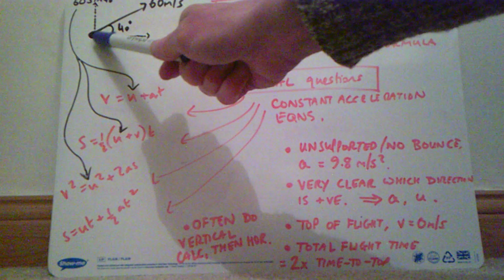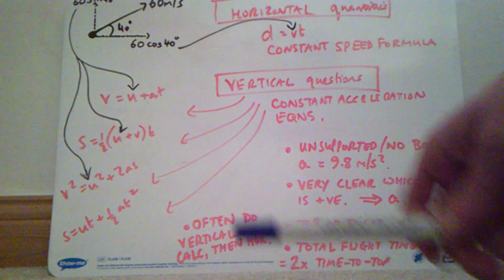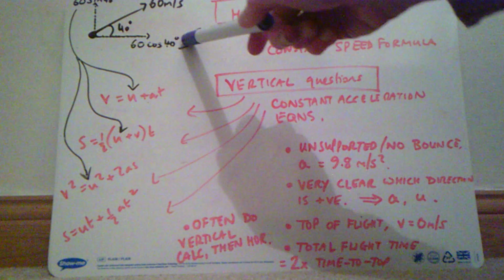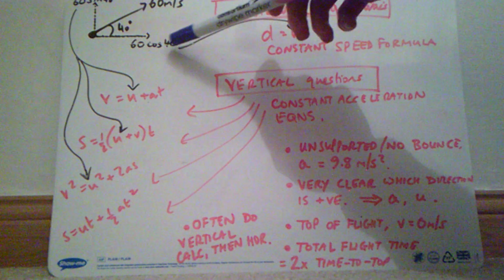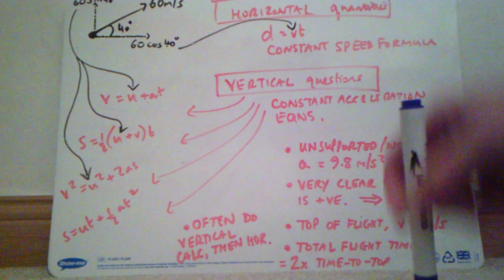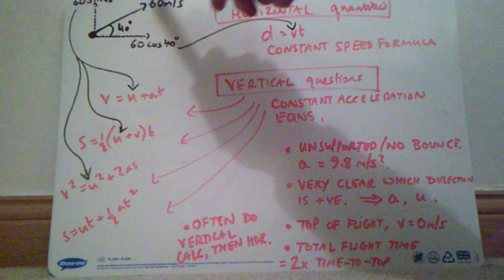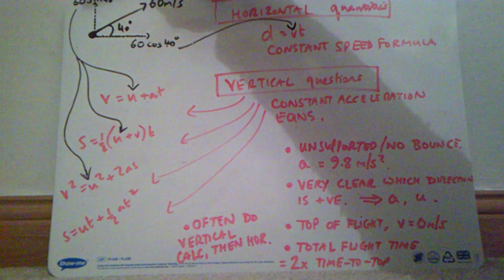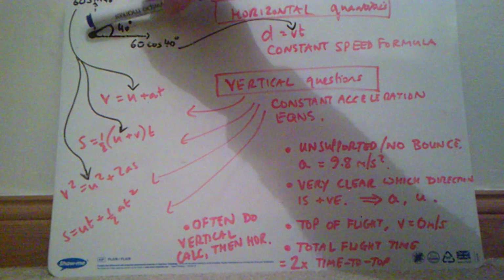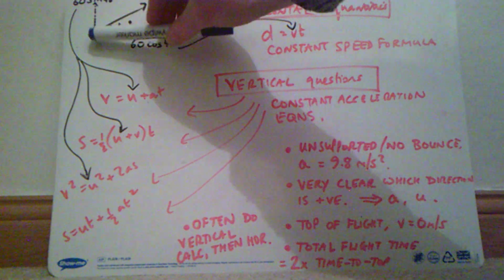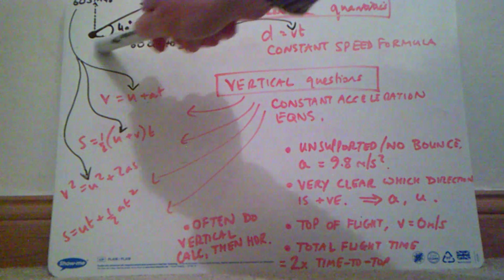So if this is the thing which is thrown forwards, you've got to be careful that if you're dealing with the horizontal axis, the horizontal question, then you've got to deal with the speed on the horizontal axis. Now we're not given the speed on the horizontal axis, we're given the starting speed at an angle of 40 degrees. So let's swing round to get to the axis we want. Now if we are crossing a known angle, then we use cos. Again, if you wanted to turn that into a triangle, then you could get this side of the triangle by